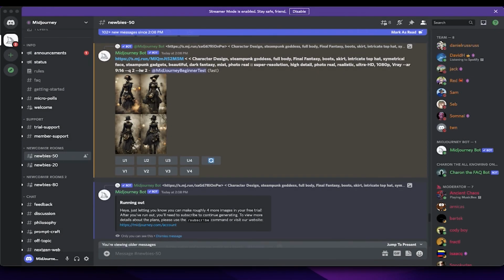All right, little update. After generating that last image of this image here, I received a message, which is perfect timing actually. I received a message saying running out, and this is from the MidJourney bot. So it says just letting you know you can make roughly 4 more images in your free trial. After you've run out, you'll need to subscribe to continue generating. To view more details about the plans, please use the /subscribe command in the prompt. So you would type in /subscribe or visit the website, which would be